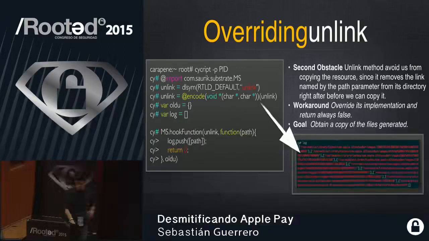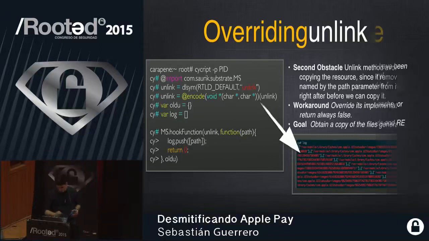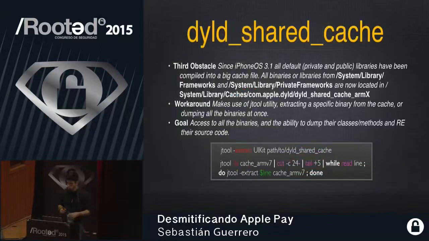When you get to the end of the final path, copy it, and that's brilliant. So I copy all the files. I'm happy, but dyld shared cache: how does a binary work with all these files? New obstacle. If I need to do a dumping of the classes and methods